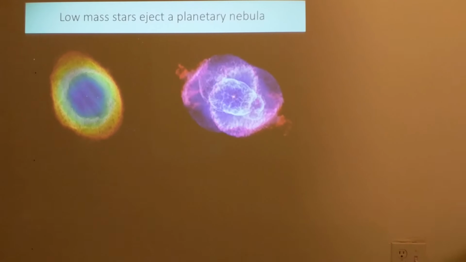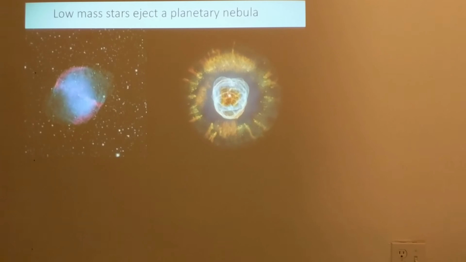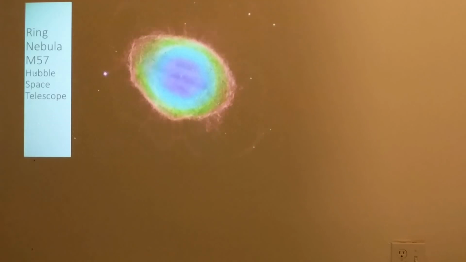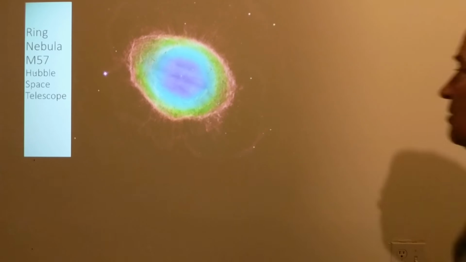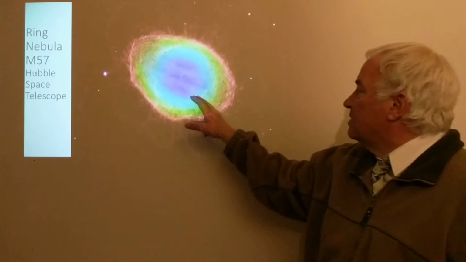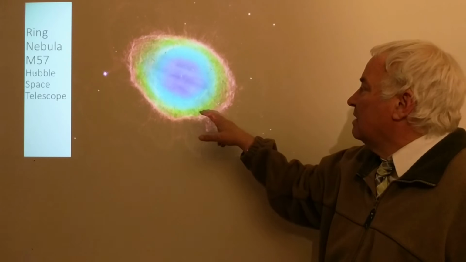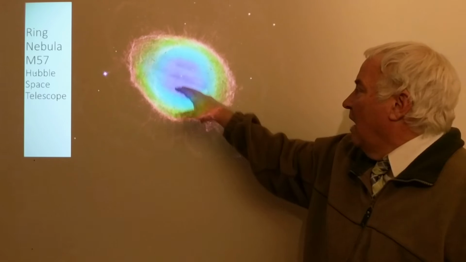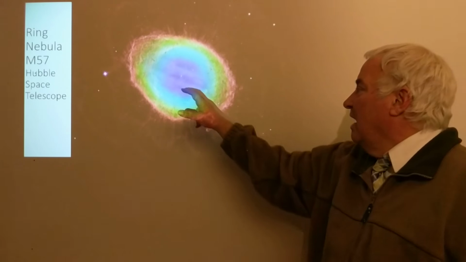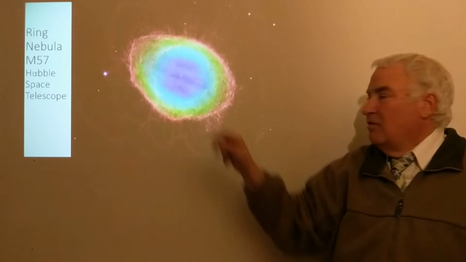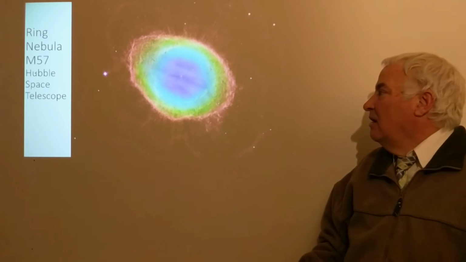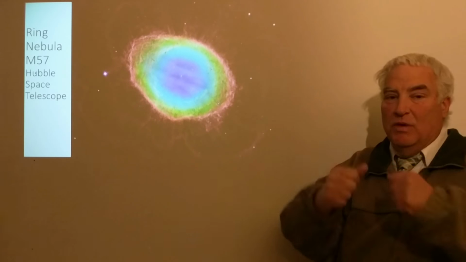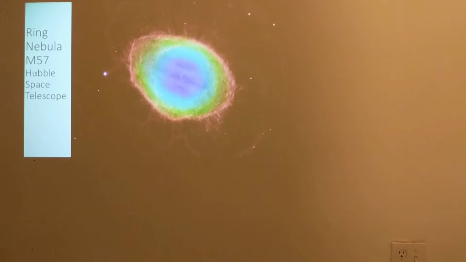And so we see that these planetary nebulae are in all sorts of interesting different kinds of shapes. Here is perhaps the most famous, the Ring Nebula, and we can see with the Hubble Space Telescope the different colors indicate the different elements and the different amount of radiation that is ionizing those elements, breaking the electrons off the elements, and the electrons recombine to produce these spectacular colors.